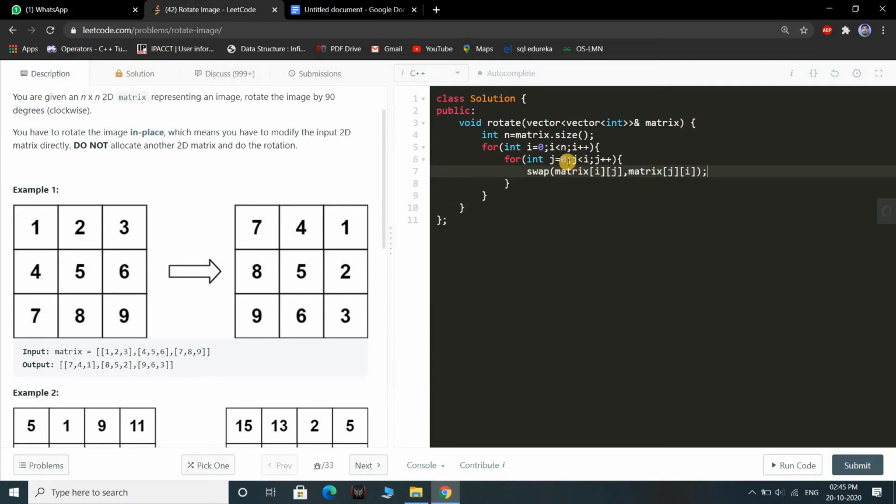The reason that I have not iterated this loop till n is because if I had done so, the swapping will get reversed. Meaning we will get the original matrix 1, 2, 3, 4, 5, 6, 7, 8, 9.